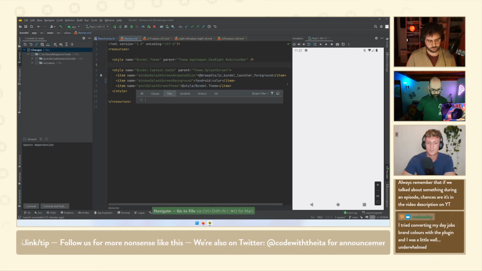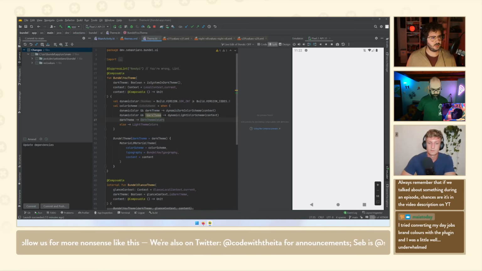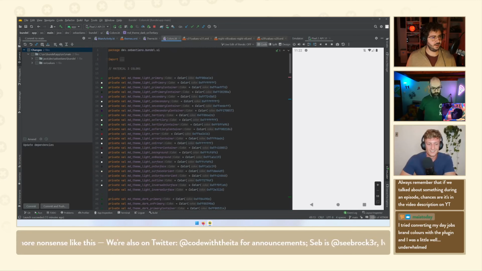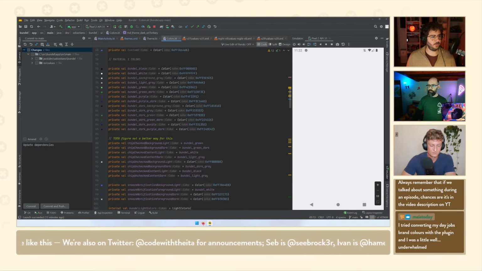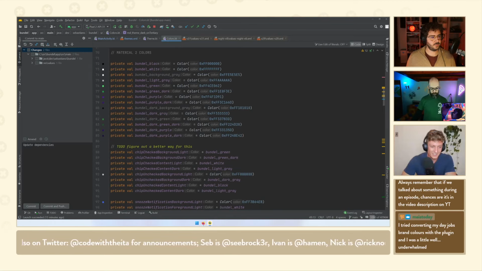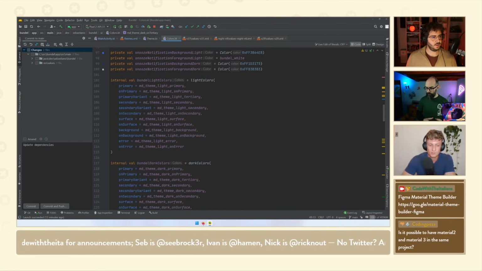I think it's in theme.kt. No, I have moved it out. I'm not that bad. Okay. So this is Material 3 and this is the Material 2. There you go. Yeah. Cool. I see you've named these resources really well and that you're not naming them like primary this, primary that. But do you know what it was when it was Material 2? Yeah. Here you go. Cool.